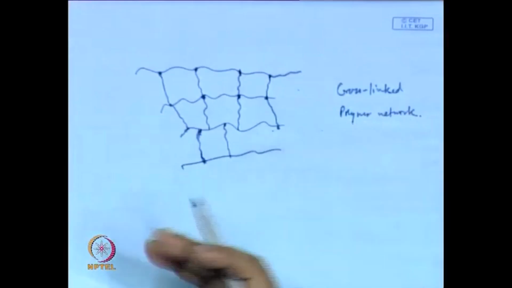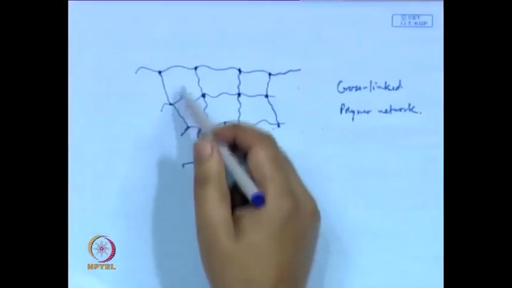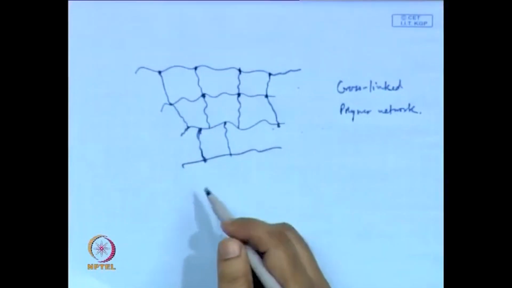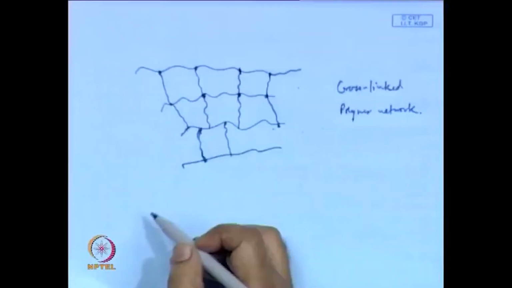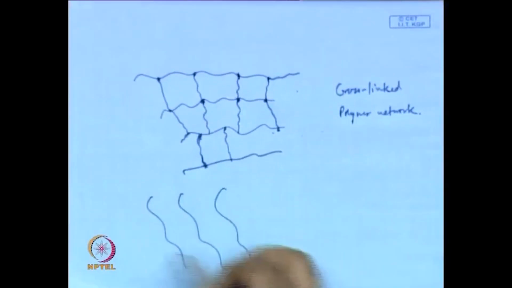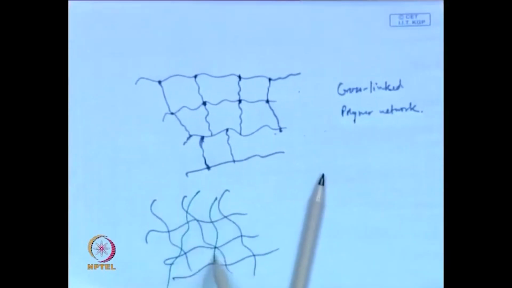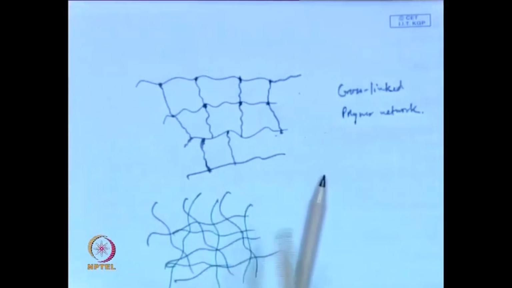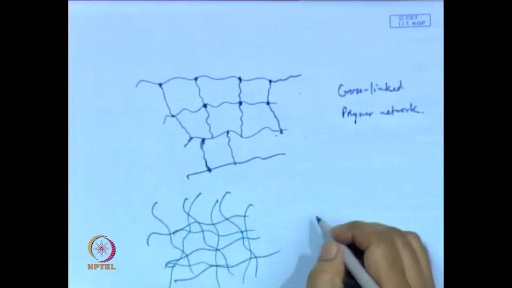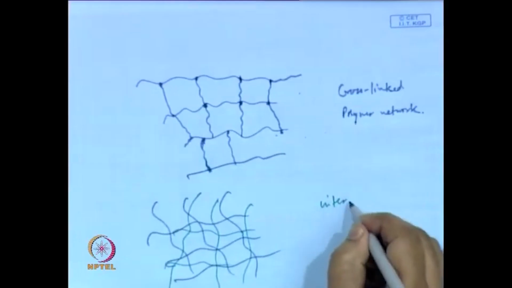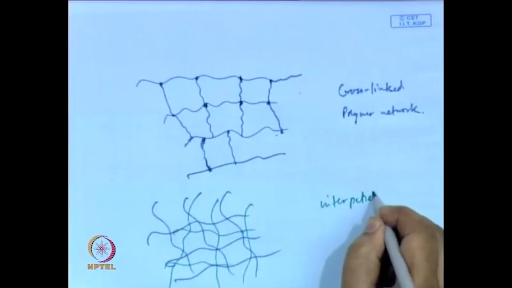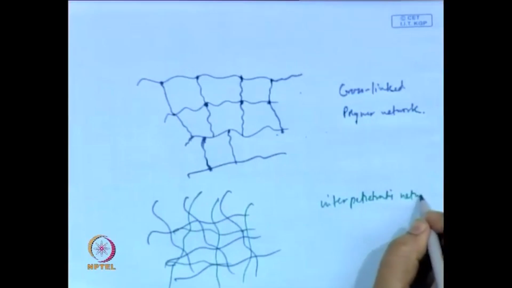Now, you can have a mixture of such networks in the same sample. If you have a mixture of two networks, then these networks will penetrate each other, and we call this an interpenetrating network. If I just show in different colors, you can have two networks intertwined with each other. So, you have an interpenetrating network,